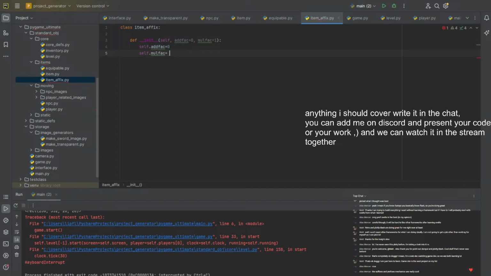Murfag equals, yeah, and I want it as a class, so